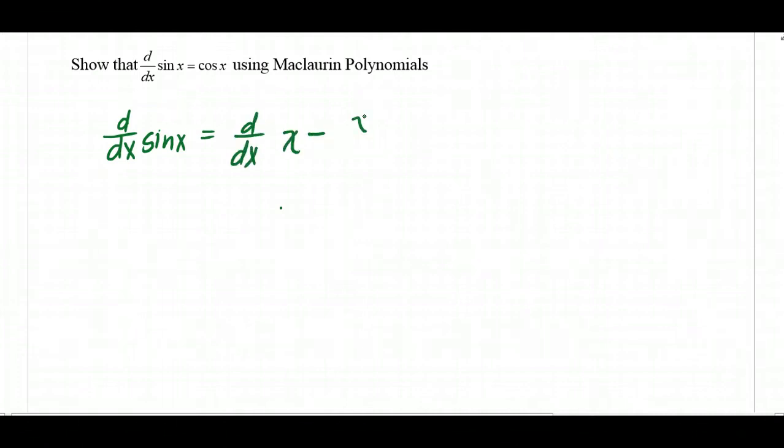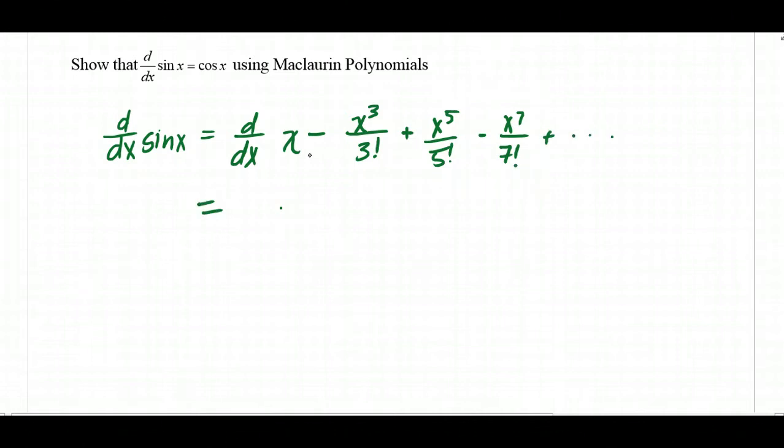Alright, now let's show that the derivative of sine x is cosine x using Maclaurin polynomials. So let's start out with the derivative with respect to x of the expansion x minus x cubed over 3 factorial plus x to the 5th over 5 factorial minus x to the 7th over 7 factorial, and so on. Now let's apply the derivative. Since all these terms are being added and subtracted, we can do each one separately. So the derivative of x is just 1. And now the derivative of